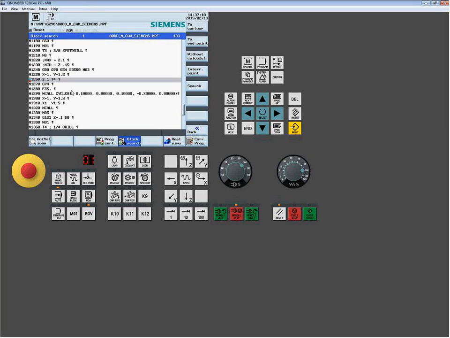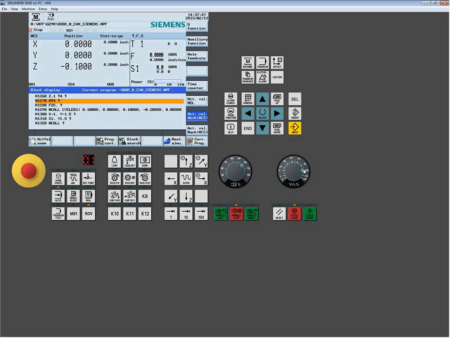So I'm going to come down. What I do is get rid of this for call. That is not valid. So I'm going to start right from here. I'm simply going to tell the system to go either to endpoint or to contour. Calculate to this point, set up modal commands, and start from this point. The difference between to contour and to endpoint: to contour wants to try to do like a lead-in, whereas to endpoint is going to go straight to the point at which I'm at and start cutting. So select